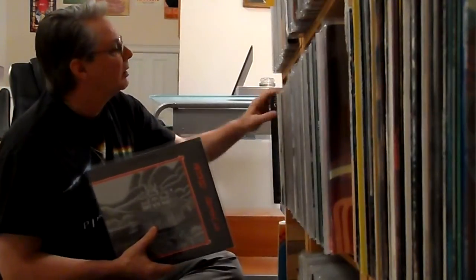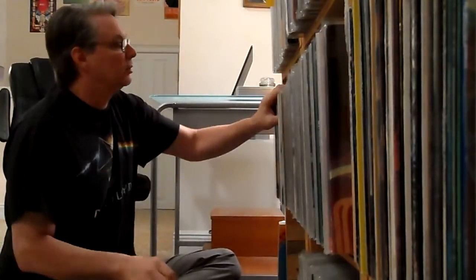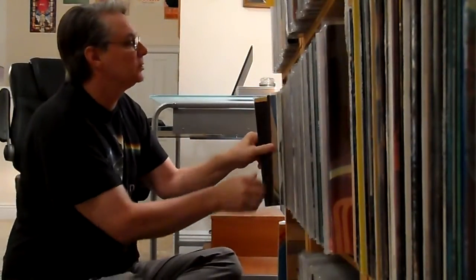Guitar. Kind of got that Middle Eastern kind of influence in it, sounds like. And then of course you get the Supertramp,